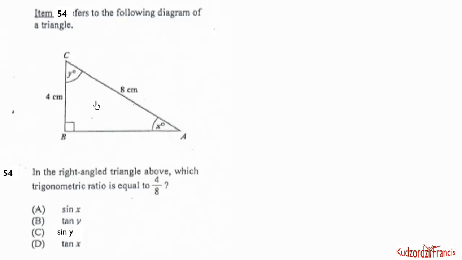So we know 4 out of 8 involves the side which is opposite to angle x and the hypotenuse. So we should look for a trigonometric ratio that contains the opposite